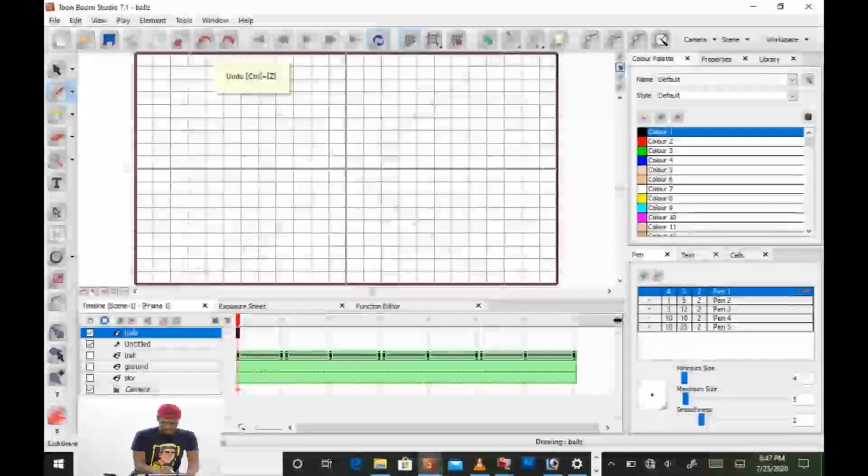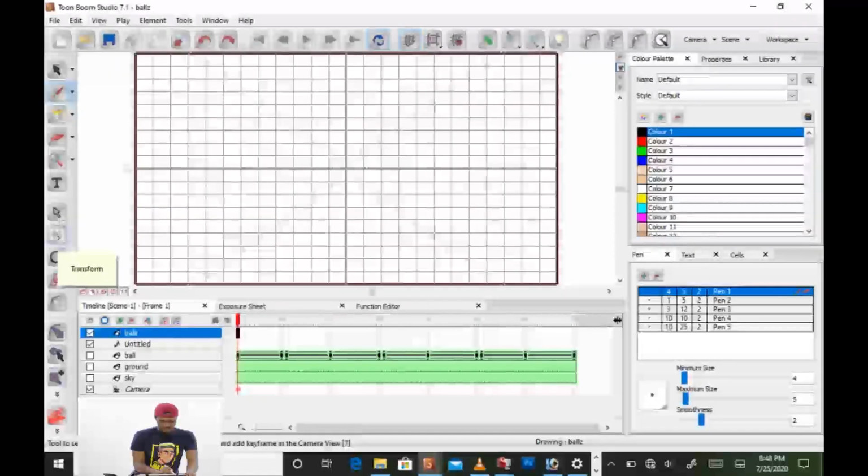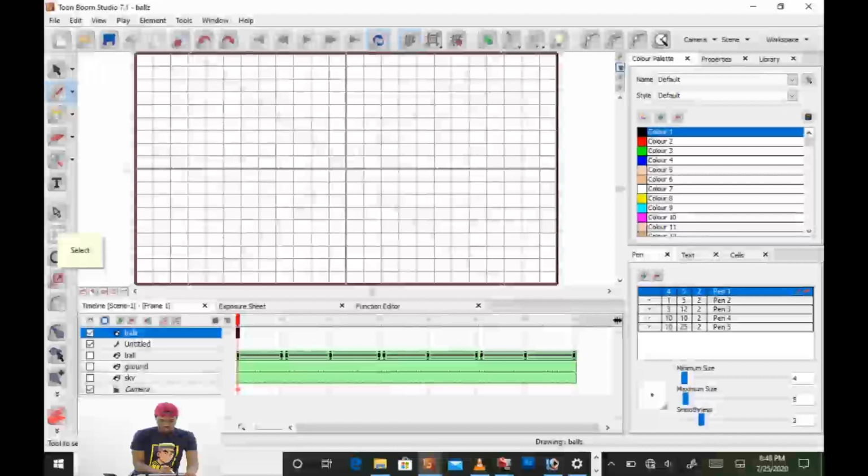This is the cut and paste tool. This is the keyframe tool or the transform tool, to add certain motions in the still images. This is also a mover tool or a select tool. And basically these are the tools that you need for